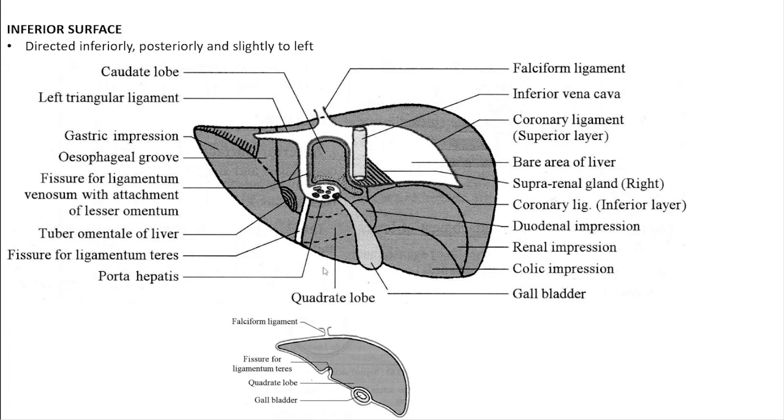So if we do a transverse section through this part of the liver, here you will see this is the gastric impression, this is the fissure for ligamentum teres, this is the posterior surface of the quadrate lobe, this is the cystic fossa, and these are the colic and the renal impressions. And then we reach the right lateral surface, anterior surface, and the inferior border. This is also part of the inferior border of the liver. Right.